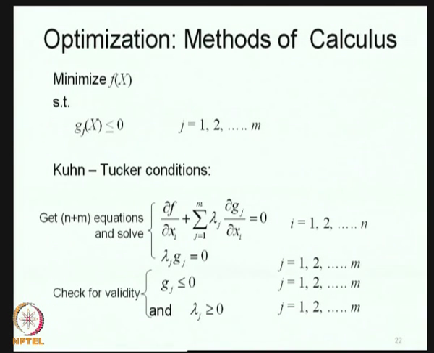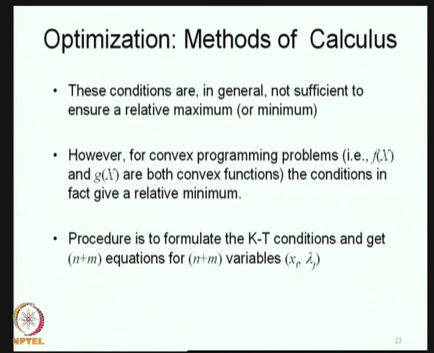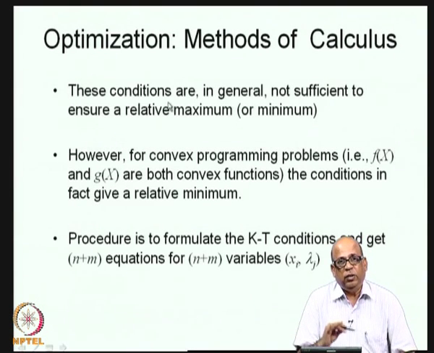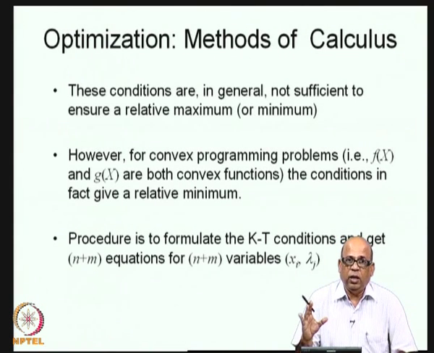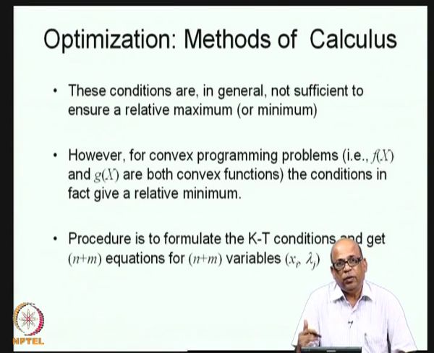There are certain important aspects that you must remember for the Kuhn-Tucker conditions. One is that any optimization problem must satisfy the Kuhn-Tucker conditions. The second important thing is Kuhn-Tucker conditions are necessary conditions, they are not sufficient conditions. That is, the conditions that we just had a look at, we just stated, are necessary conditions for a local optimum. They are not sufficient conditions in general. For any general problem, they are not sufficient conditions.